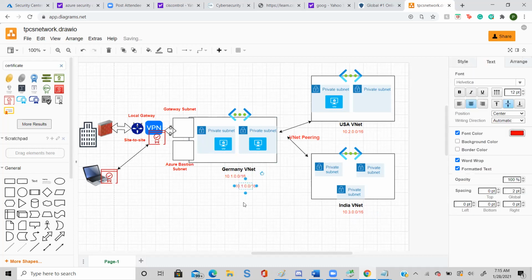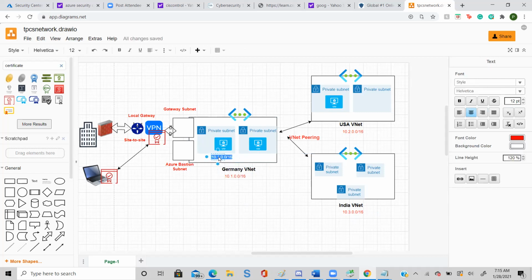So for a subnet in the Germany VNet, the IP must belong to the same range. The IP of the first subnet will be 10.1, because 10.1 is the network range. Then I am going to take another one and say 10.1.1.0. Since I have taken three subnets, my range would not be 16, it would be 24.